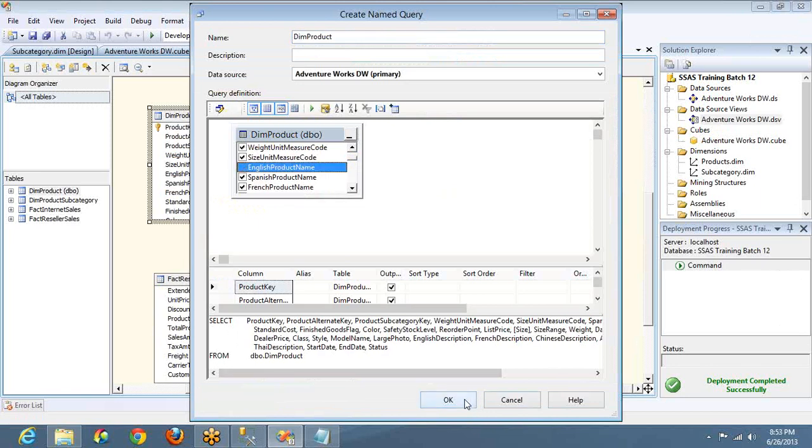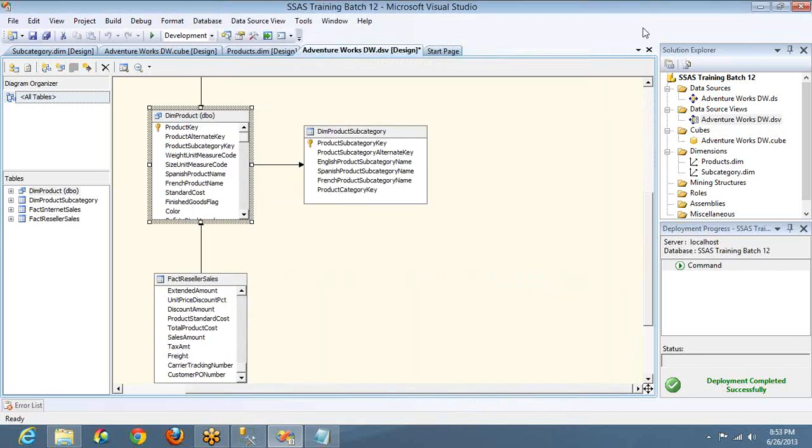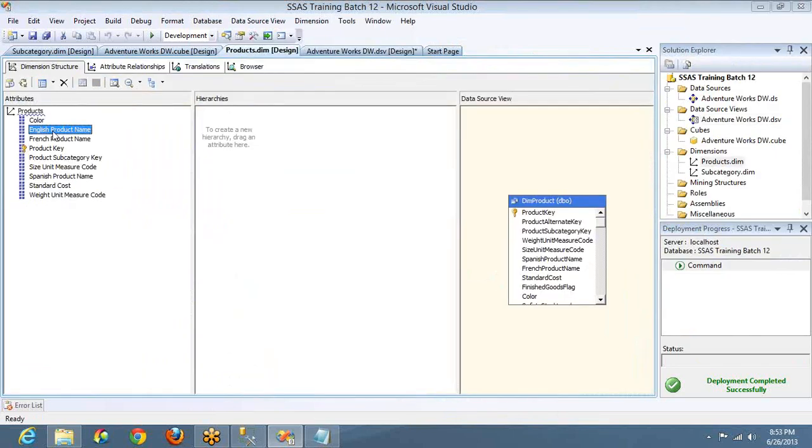Now there is no English product name in my base table, the table that is present in the data source view. But if you see here, I have English product name used as an attribute, and you can already see the red color one, the key column that is missing the reference. It is not available in the data source view. I can't see beyond the data source view. Whatever is available in the data source view, I can make use of it. So go and add it. That is the meaning of this error message.